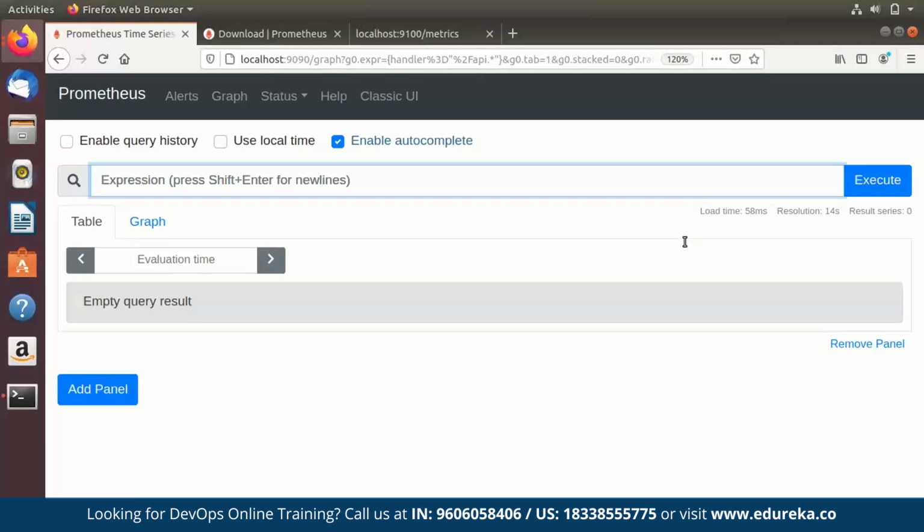For example, if you want to list all the series, no matter which metric name or job, with the handler name starts with API, you can simply run this query.